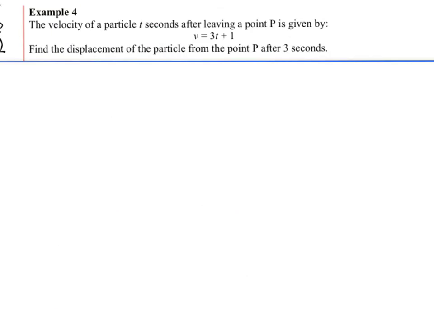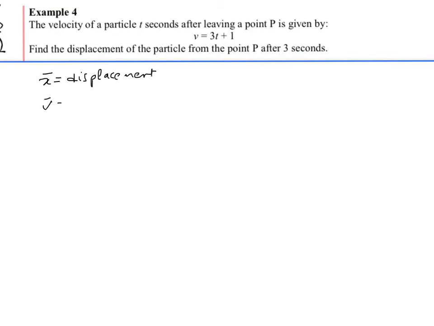Okay, let's look at a bit of a practical example. Here we've got the velocity of a particle, leaving at point P, is given by v equals 3t plus 1. And we want to find the displacement from P after 3 seconds, so they've given us the value of t. Now something to point out from the very beginning is the relationship between displacement, velocity and acceleration. If x is our displacement, some books use s for displacement, then